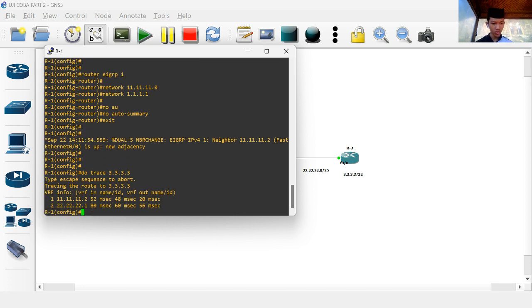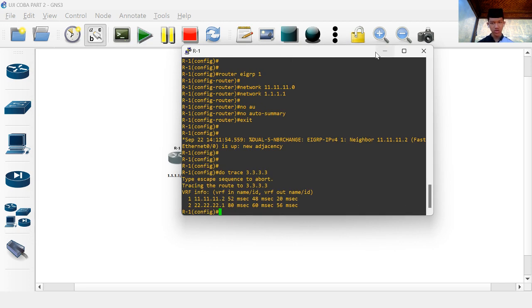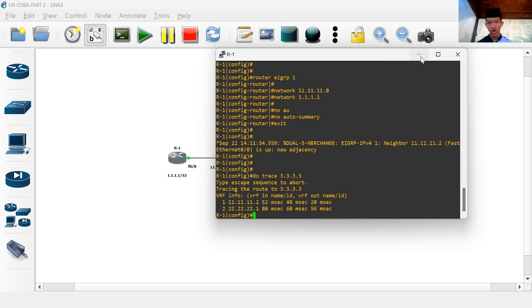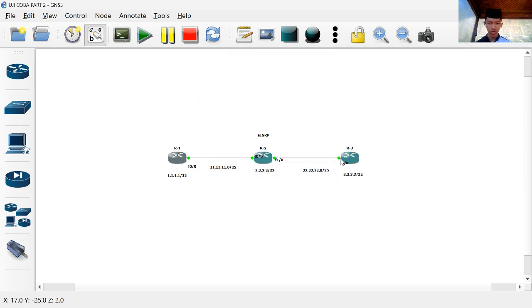If your do trace is the same as this, your configuration is successful, because router 1 can trace, or can ping, to the IP loopback of router 3.